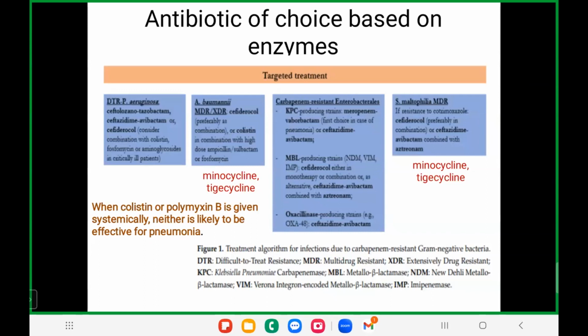So recently, minocycline and tetracycline are the other two groups of drugs which are working for the XDR and MDR bugs. And the final thing is the combination and sensitivity pattern. Mainly for gram-negative bacteria like Klebsiella and E. coli, it depends on the carbapenemase being produced, KPC, NDM or OXA-48. So you can try ceftazidime-avibactam, with or without combination with aztreonam.